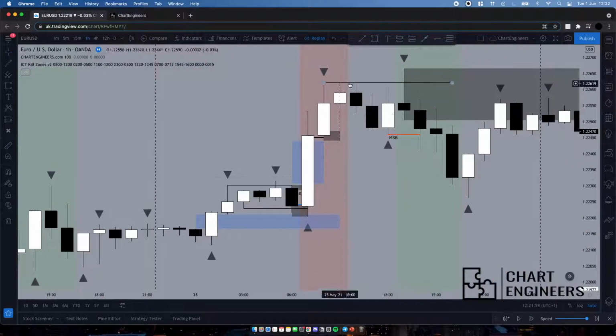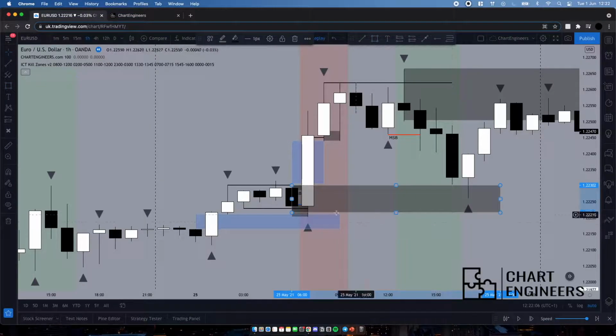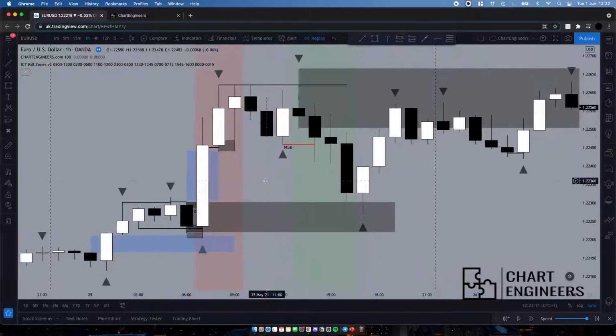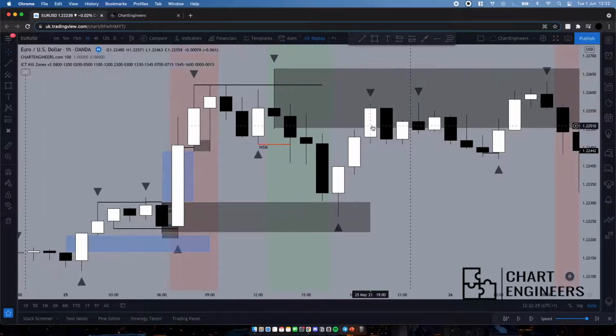So once we get this raid and fair value gap here, we can target shorts, and we have this order block over here as well. So if there was any shorts over here, my target would be this order block, because this is where the FVG will get fully filled, and because of this order block we should expect a reaction from it at least, and we see that price does react from it. So this is a pretty clean PA on the H1 time frame.